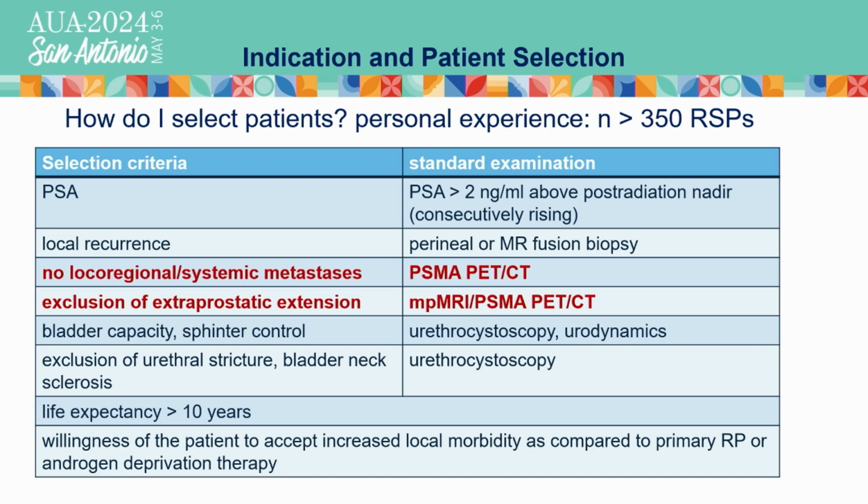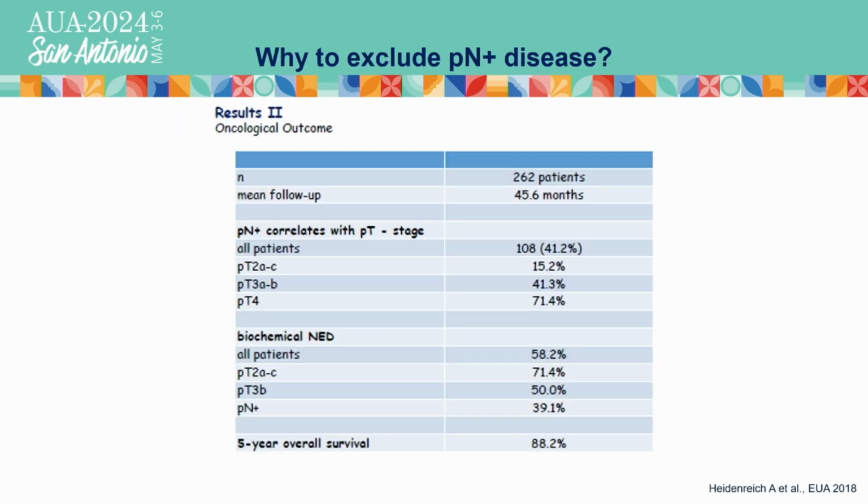The other thing is patients have to have a long life expectancy so that they will benefit from this type of surgical approach, and the patient must at least have the willingness to accept that there is an increased local morbidity in terms of incontinence, in terms of impotence. However, patients will have good long-term outcomes with a long overall survival and with a good biochemical relapse-free survival of at least 75% if you select patients carefully. And careful patient selection means that you use innovative